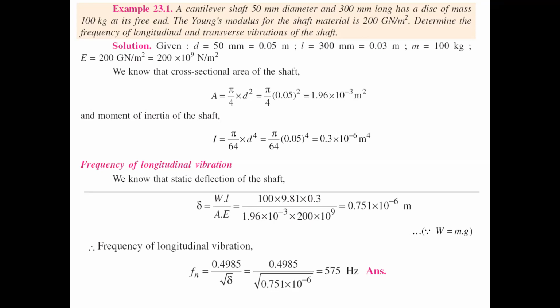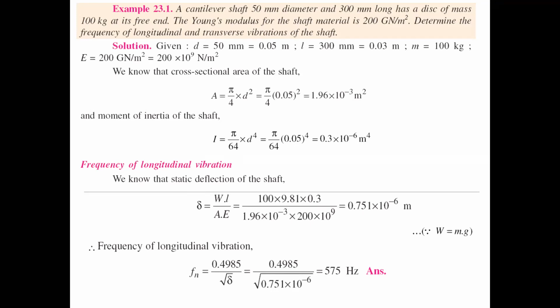So now we are going to find our static deflection. First we will find the area of the cross section of the shaft. So the cross sectional area of the shaft is pi by 4 d square, already known. So pi by 4 into the d value, all of you observe that. Just substitute the d value in our equation, then we simply get A.